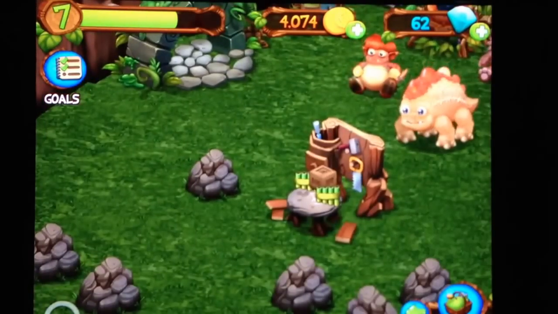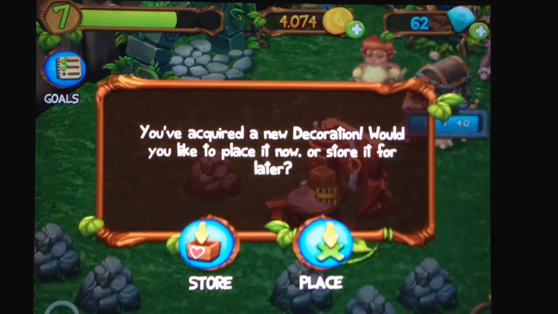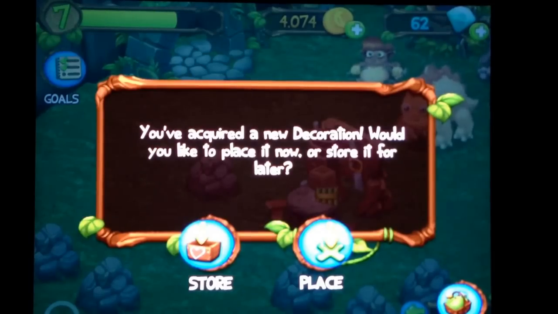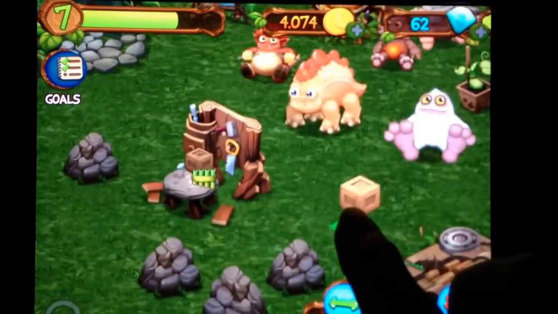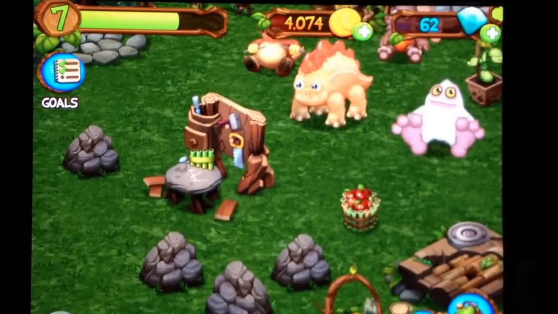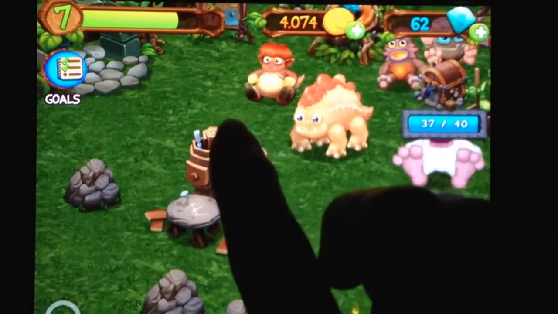when we make tarts. Here we have flutes that I've created. You've acquired a new decoration. Would you like to place it now or store it for later? Let's go ahead and place it. Actually, you can. Okay, let's see what I've got here. I created a decoration. Here, in this,